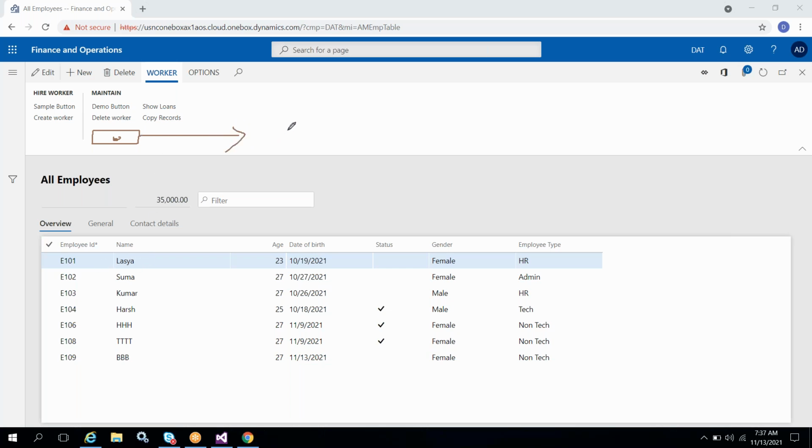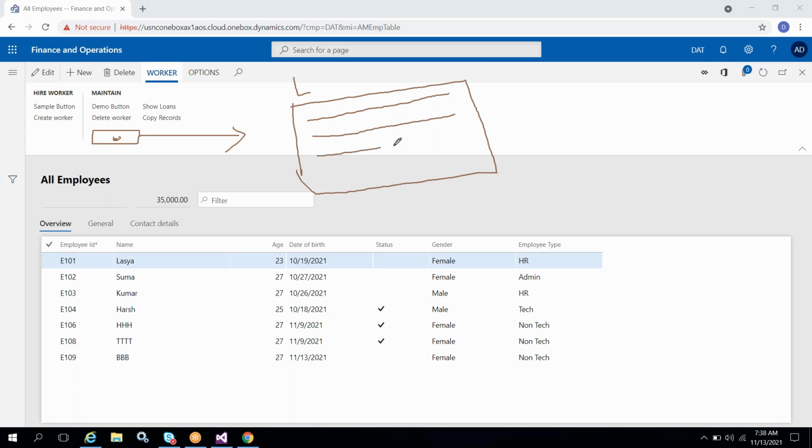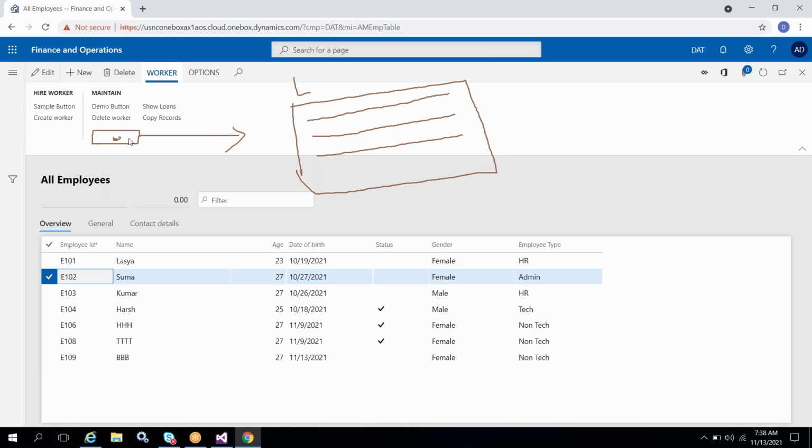I would like to open the loan form directly, showing only 101 data in that form. If I select the 102 record and click on this loan button control, it will open the loan form,